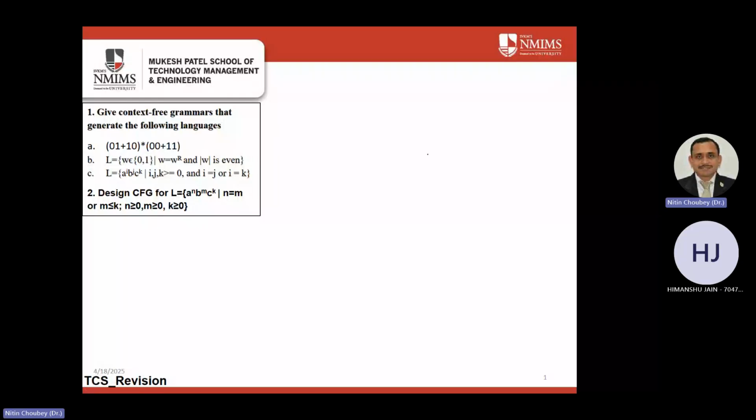We'll see the examples of grammar construction. The set which we are going to consider for today's class is given here. First example A talks about construction of a context-free grammar that will generate the language which is equivalent to the